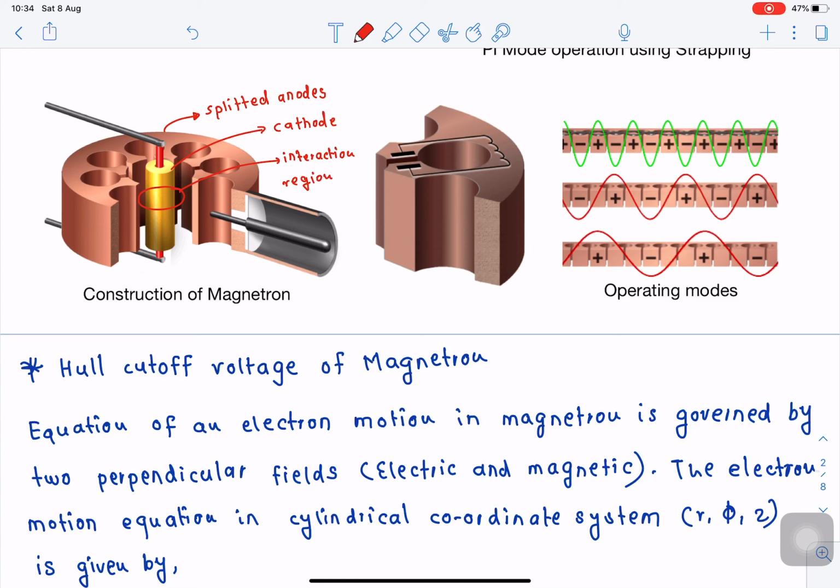Okay, so when we set up the velocity modulation process inside this interaction region, essentially this particular cavity acts as an LC resonant circuit. The part of the cavity is shown over here. When we separate out one single cavity of this split anode, it will look as shown in the second figure. So essentially it acts as an LC tuned circuit, right?